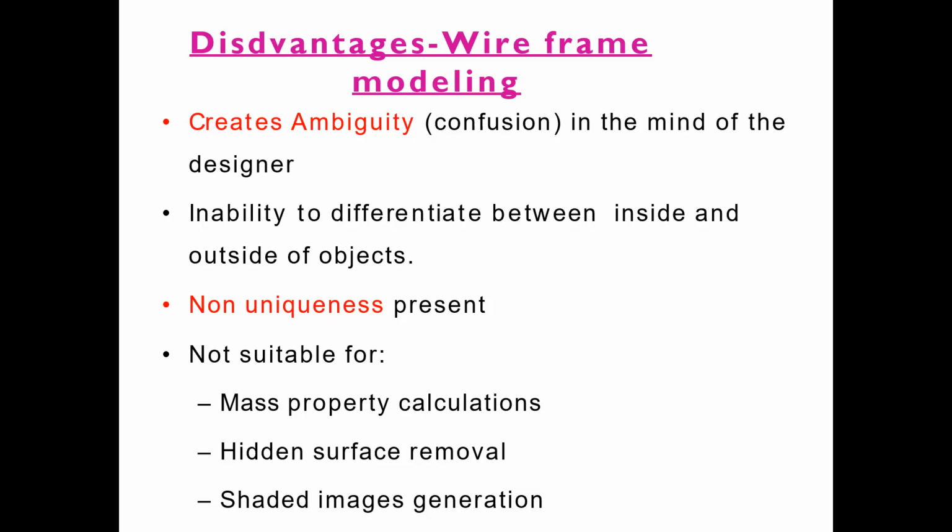So analysis cannot be conducted on a wireframe model. Then if you have to do certain hidden surface removal, that is also not possible because a wireframe has only lines, arcs, etc. And shading for certain edges or sides is also not possible in wireframes,